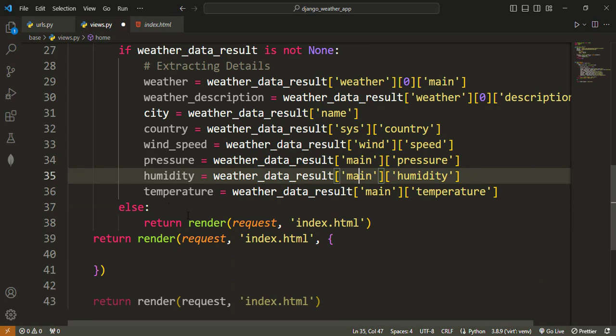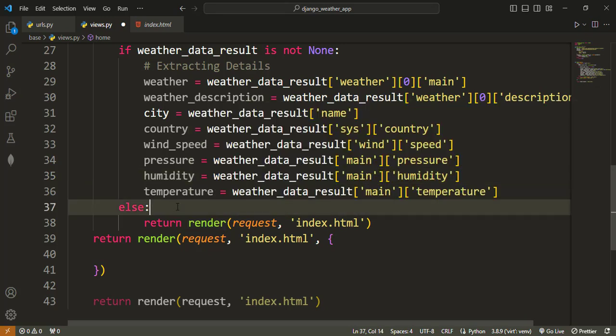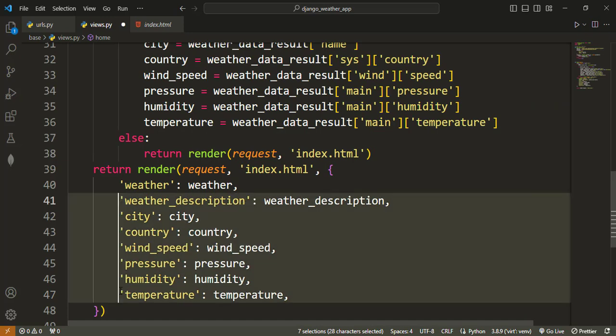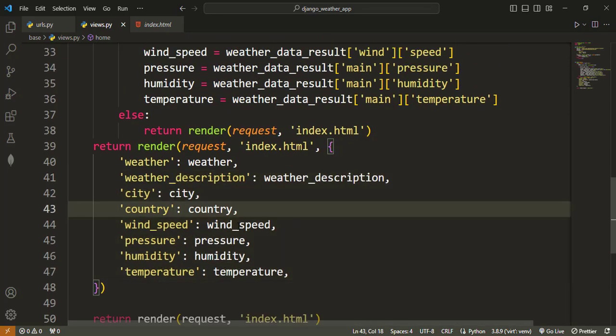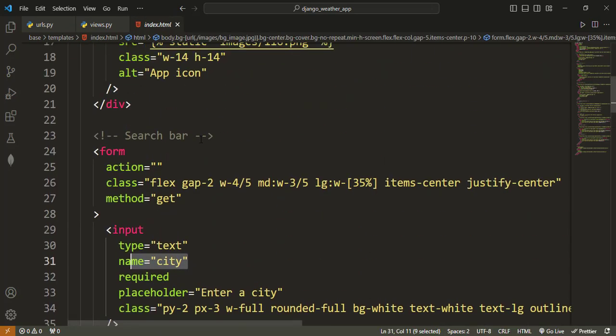I will not extend this by typing it out one by one. Let me copy it from the previous build and then go through it. Okay, so this is all of them. For now, we'll add one more. So the weather, I'm rendering it as weather description, each of them as the name that is here. We're now inside the index.html,